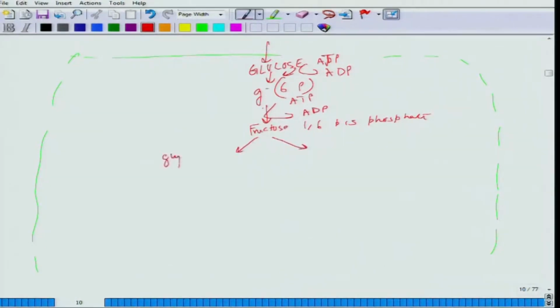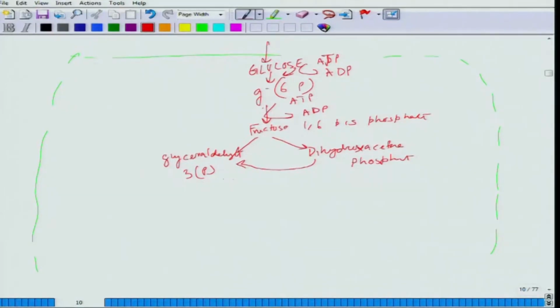One is glyceraldehyde 3-phosphate, or it could form dihydroxyacetone phosphate. Dihydroxyacetone phosphate can again transform into glyceraldehyde 3-phosphate,